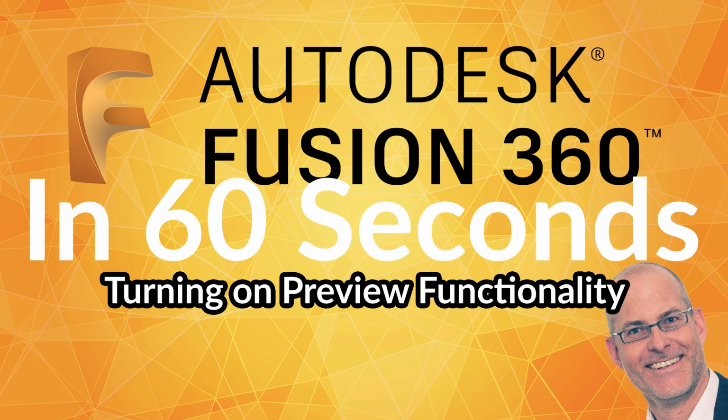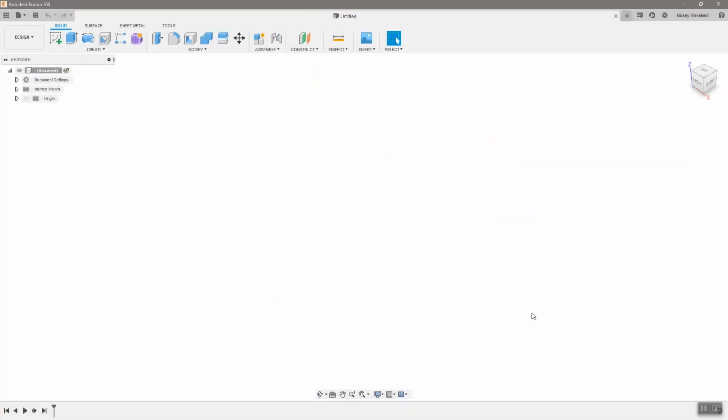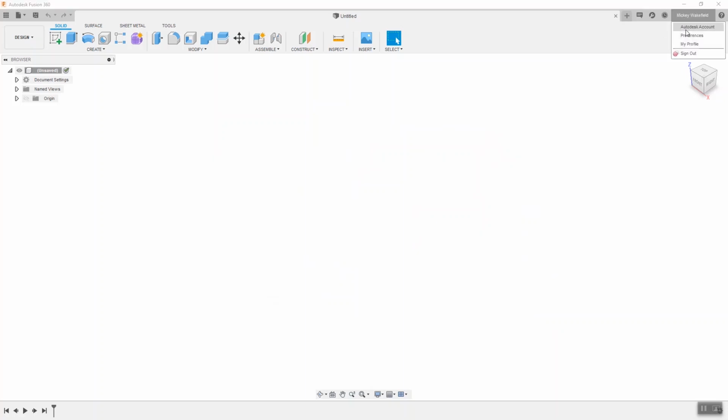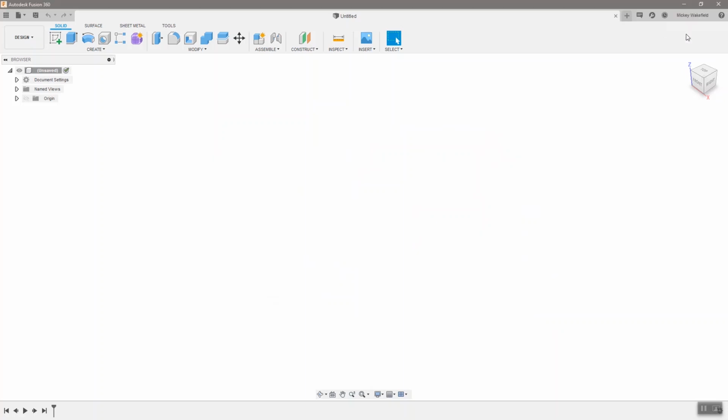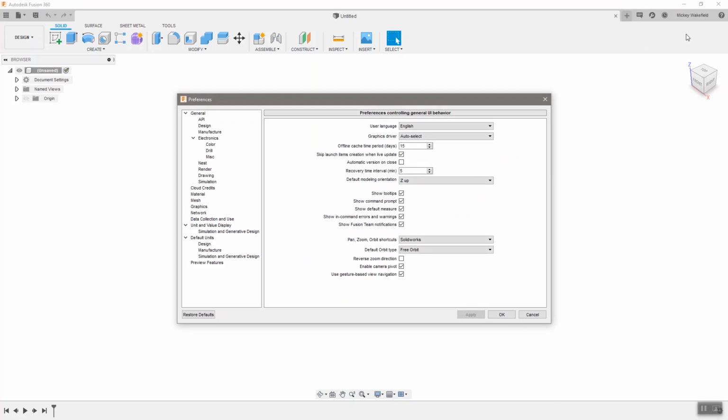Hi, this is a video to show you how to turn on preview functionality inside of Fusion 360. If you go into Fusion and up at the top right, click on your name, you'll get a list of preferences that you can change. There's another video about the preferences I like for Fusion, that's the standard settings. But at the bottom of that window, as you'll see in just a moment, there is a function called preview